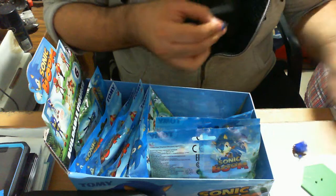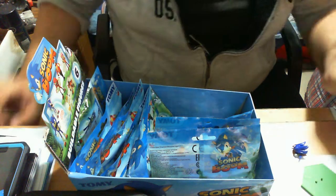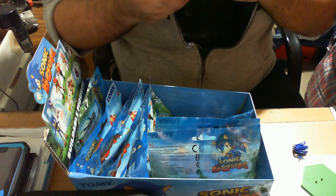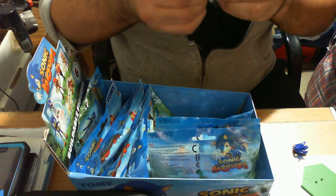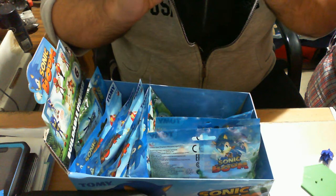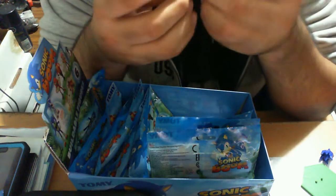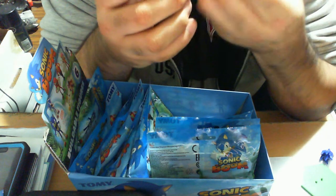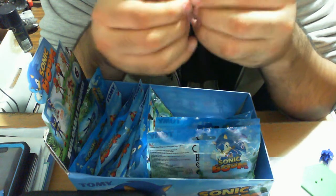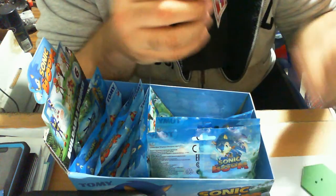It doesn't give you clear instructions on what's meant to go first, so the way I see it is pretty much whatever way you want. Okay, that's that. Is that how it's meant to go? Maybe that's... Okay, what makes these ones interesting, and I know I'm going to drag this video on forever, is these ones have grooves. So you put them in the corresponding groove, which is meant to...